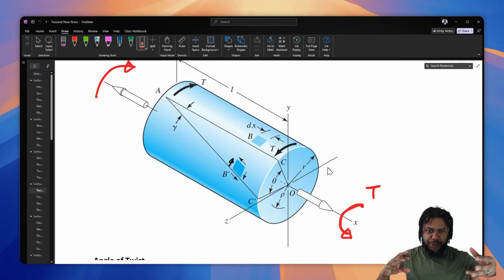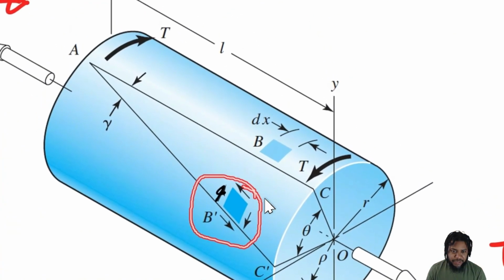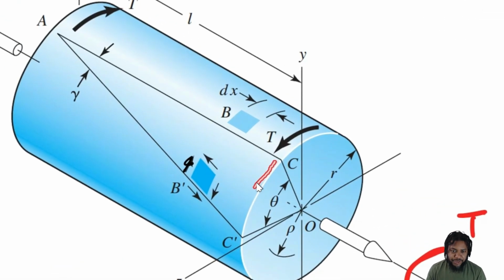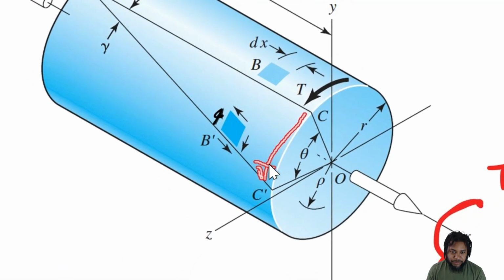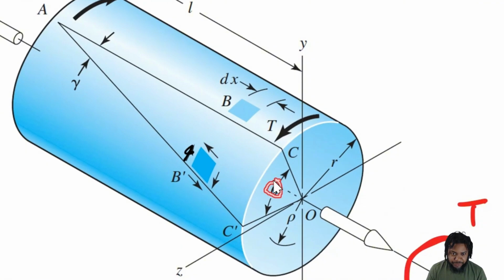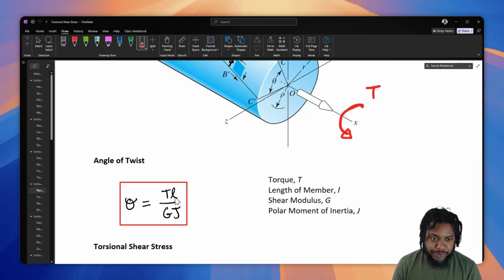This twisting motion creates shear stresses that develop across the cross section of the sample, but it also creates an angle of twist, a literal change in shape of our cylindrical beam when subjected to that moment. Now, the angle of twist, angle theta, is calculated as follows, where it's equal to the torque that's applied times the length of the member divided by G, which is the shear modulus of the material, times J, the polar